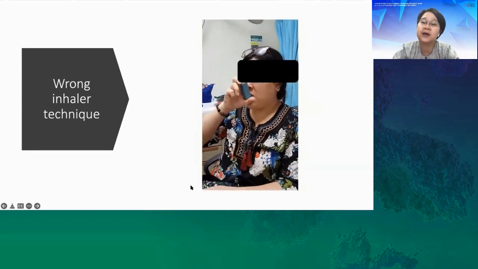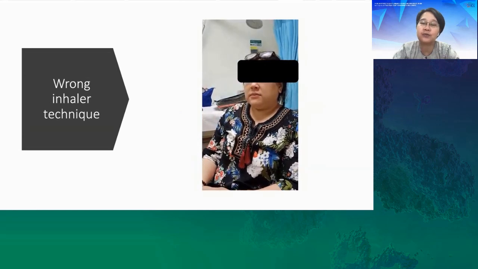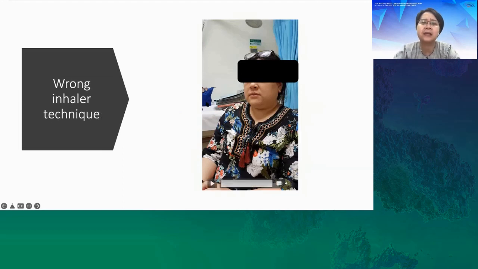So you can see that she puffs, inhales too fast, and she stops over there, right? So the problems with that would be that she didn't take a breath out first, and then she puts it in. She's supposed to actually press the inhaler and inhale very slowly, right? So the slower the inhalation, the better. And she's supposed to count up to 10, although some papers tell us you hold your breath for 6 is enough. So again, she looks like quite a sensible lady with glasses on her head. She looks okay, but yet her inhaler technique is not okay.